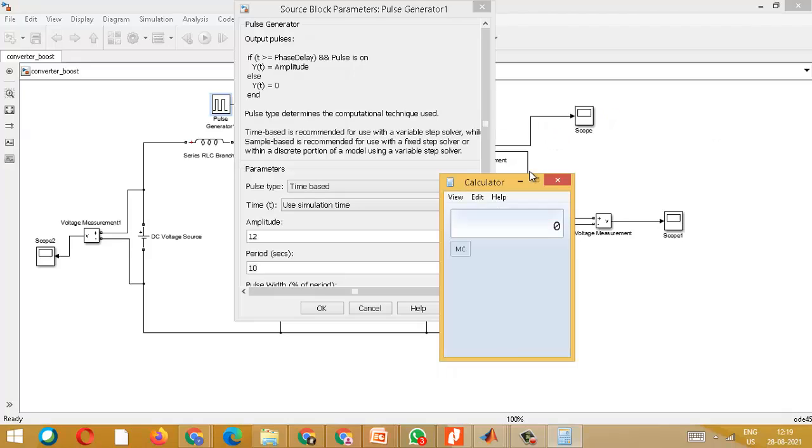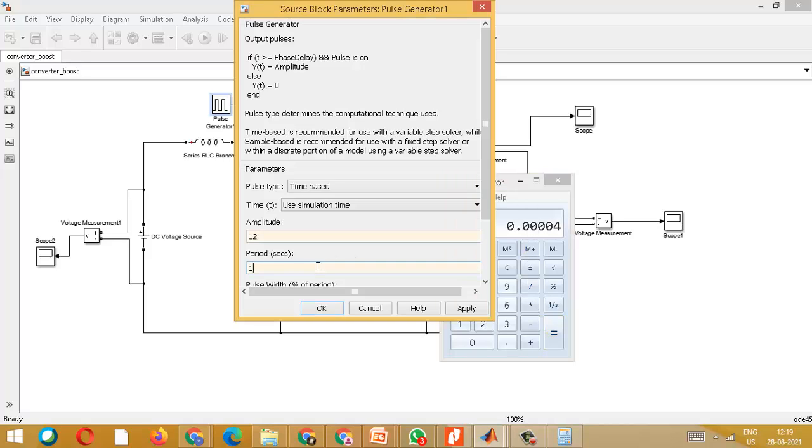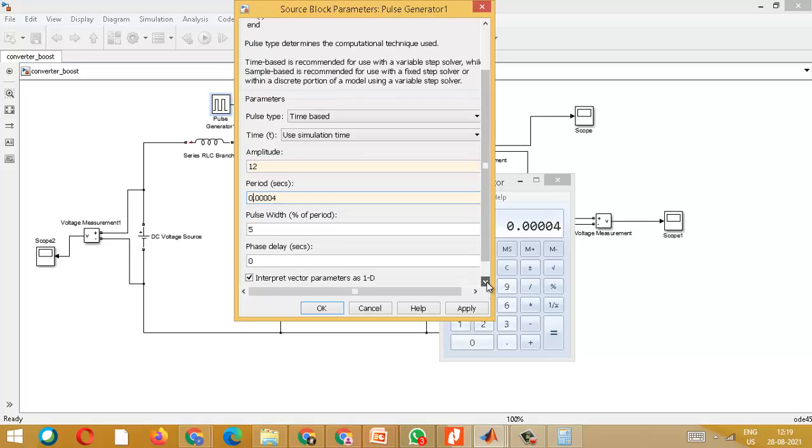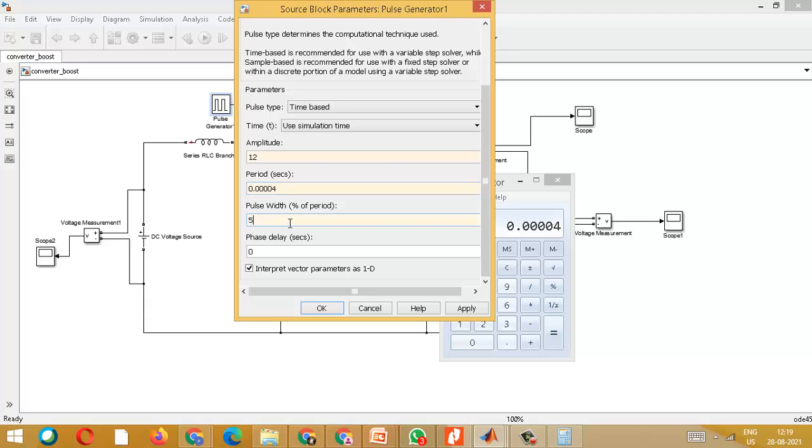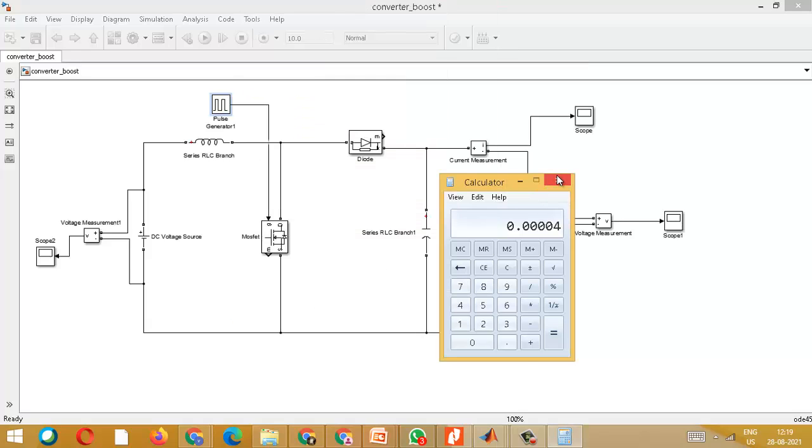So when you want to operate at 25 kilohertz, here they are asking for the period in seconds, so 1 by f, so 1 divided by 25,000, and the answer will be 0.000040. Just type it here in the period column, as 0.00004. You can even put one more 0 in between before the point. And then pulse width. Now pulse width is given in terms of percentage, so let us start with 30%. Only one switch, so there is no need for any delay.